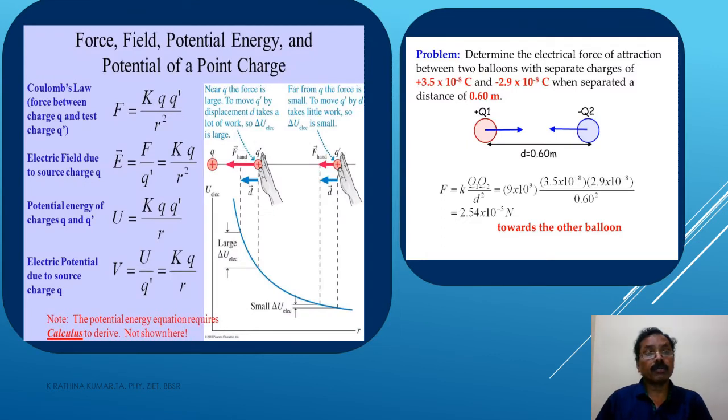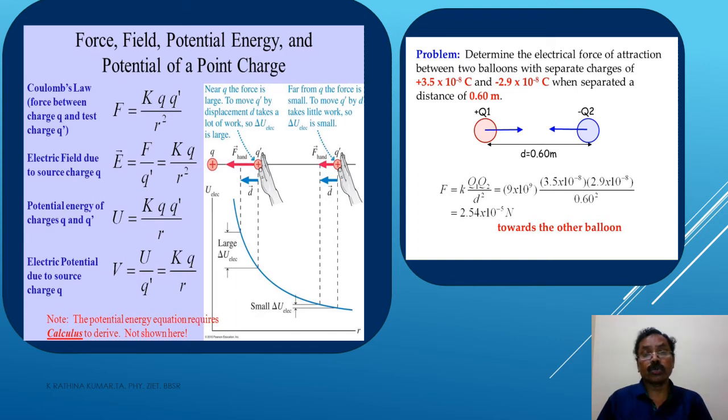Here the diagram shows more elaboration of the force, field, potential energy, and potential of a point charge in a concise manner. These equations are written here, and that diagram is also mentioned here. You are bringing the body from one place to another place. That is the amount of work done to bring the charge from one point to another point. That is the potential difference between two points, or if you bring it from infinity to a particular point, that will be the potential. And the equations are accordingly given.